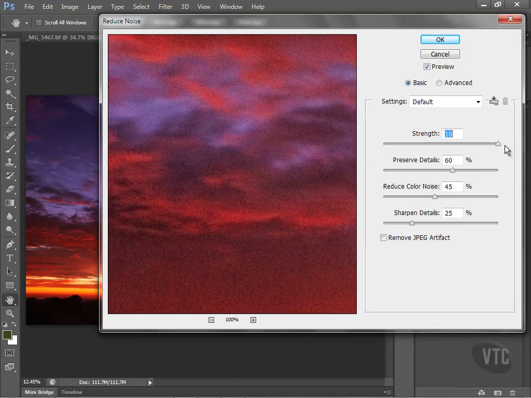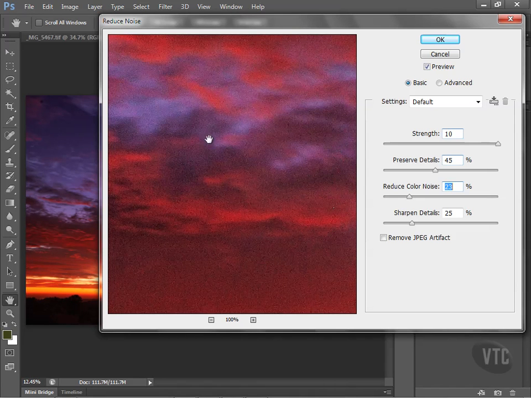Preserve details. I've run these, I can't tell you how many times before I began to record this lesson, and I couldn't make anything do anything. Be honest with you, I've never used this function in Photoshop. But what little that I can get out of it is all it's doing is really reorganizing the noise and making it look different than it did originally out of the camera, which in my mind is worse than not